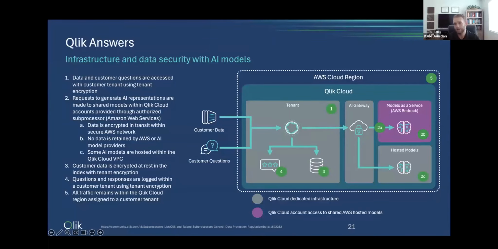And so again, if any of you are existing Qlik users, I'm sure your organizations have gone through detailed security reviews of the Qlik platform and everything that we do. And so rather than use any third-party services or send your data outside of that secure environment, everything we're doing with these assistants in generative AI is occurring within that secure tenant environment with tenant-level encryption. And so you're never exposing your data, and there's really a firewall between the model that we're hosting and making available to you and the original model provider, so that that information can never be exposed into a training of a future model. So with that, I'm going to switch screens here.